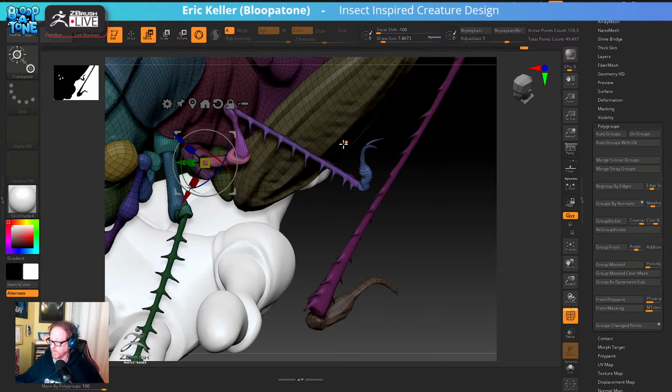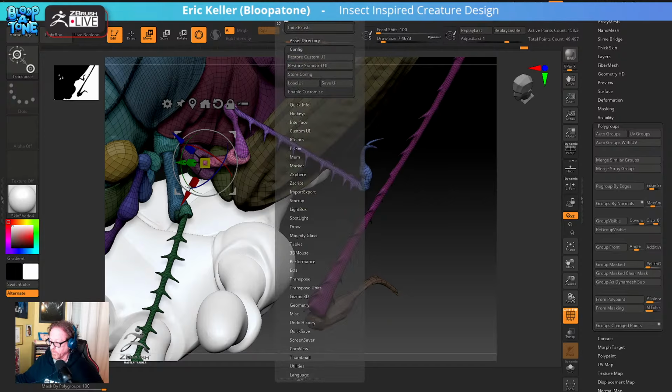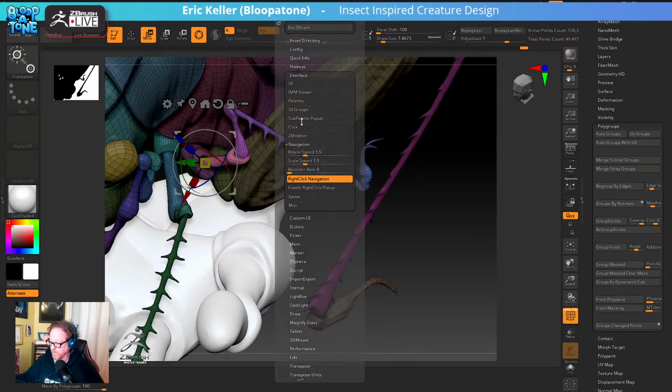There's a few default preferences in ZBrush that I can't stand. And so every time I load a new version of ZBrush, I have to turn them off. I'll go over a few that I don't like personally. So in the interface,